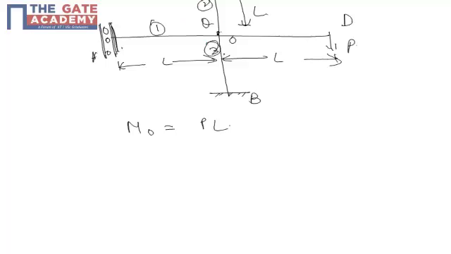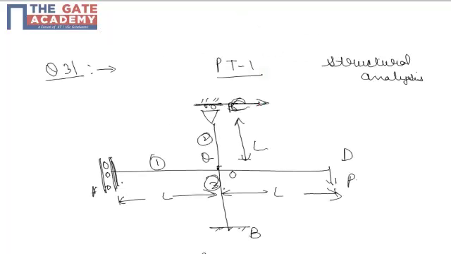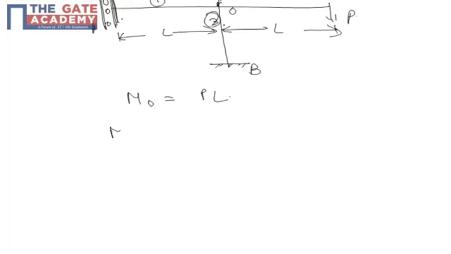Now consider the case of member 2. Since member 2 is free to sway along the X direction, when the moment acts, this roller support will slide to the new position, and hence this will be the new position of the deformed bar. Hence no moment will be generated or transferred if we talk about bar OC. Hence we can write that moment at O is carried by or shared by MOA plus MOB.